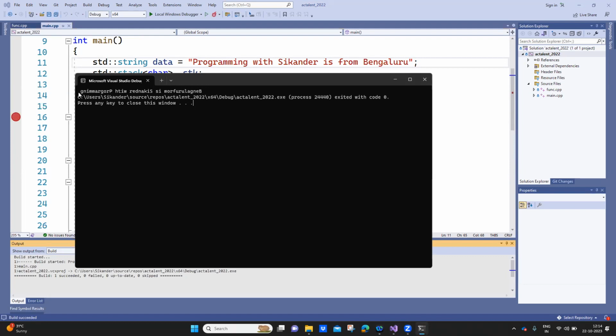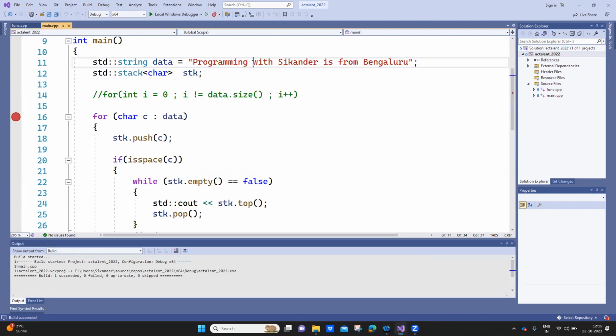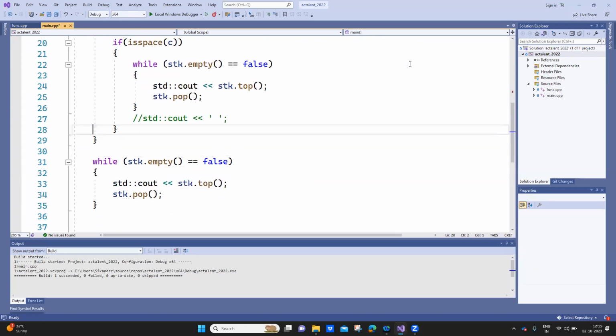So, okay, why is it? Because on reaching this, the space is pushed, and then, okay, from here you're printing it. So from space to programming is the first thing you're printing, and this space to with is the second thing you're printing. This space to this particular, okay, S is the third one. But here, after reaching, okay, the last character, there is no space at the end. So for this special case, you have to take care of printing the C out here. So you have to write this particular thing here,